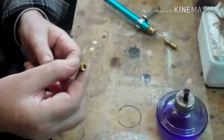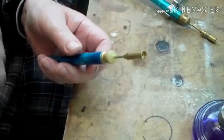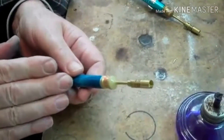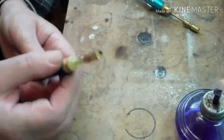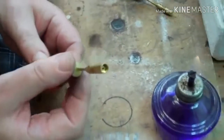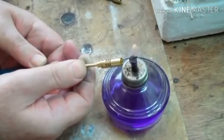The business bits are not nicely made, but the reason that these torches get such a bad, and in my view, undeserved bad press, is that they block up very quickly. So I've got the bench light. I always light them from the bench light. When they're working,